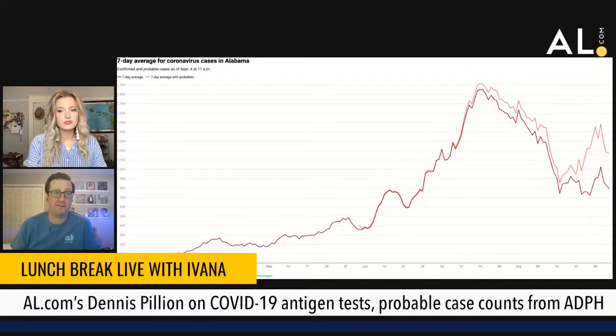And they're also less expensive. It requires less lab equipment, less personnel. You don't have to send it off somewhere, and so it decreases the cost that way. So there's a lot of advantages to these antigen tests, but it just shows, as people were concerned earlier, about deaths, about probable cases being added from death certificates and from case investigations, where, like you said, the department actually contacts people who have the disease to see who their close contacts are. But it seems like the vast majority of this are from those antigen tests.